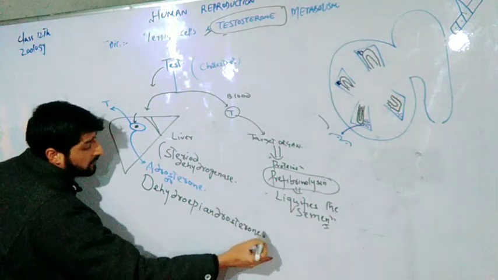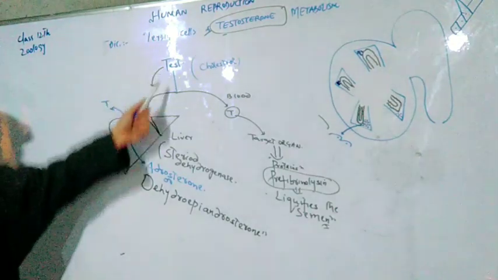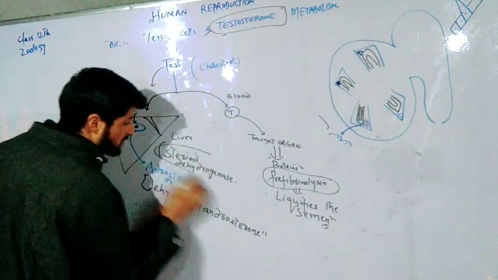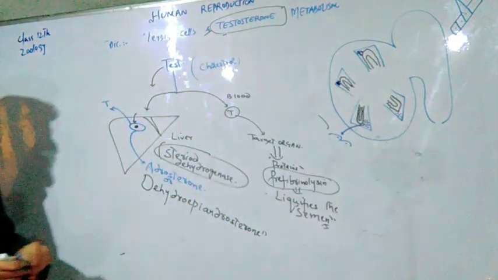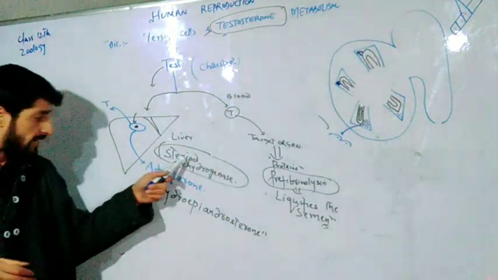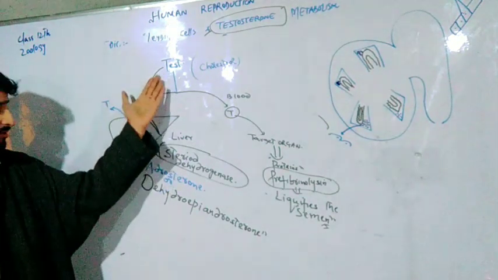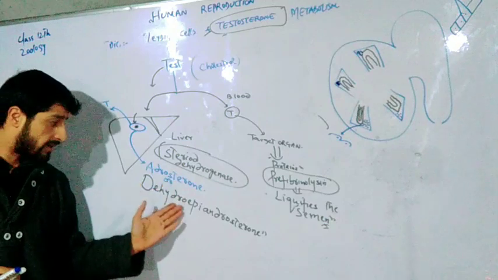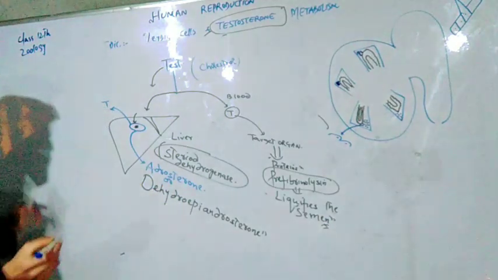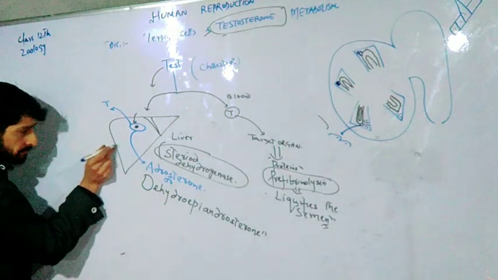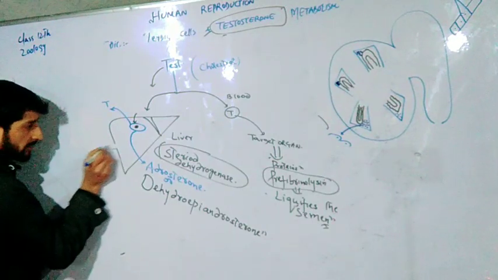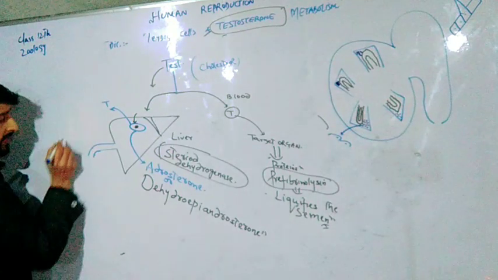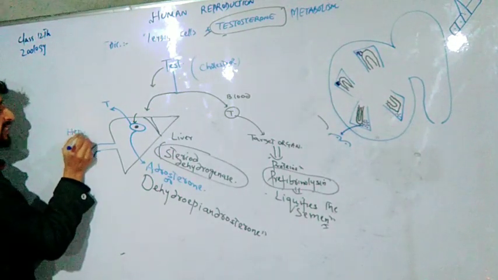Byproducts of testosterone. What is said is that part of testosterone is carried to the liver. In the liver, there is present an enzyme. That enzyme is known as steroid dehydrogenase. It is this steroid dehydrogenase that converts the testosterone into androsterone or dehydroepiandrosterone. Now, from the liver, actually the hepatic vein